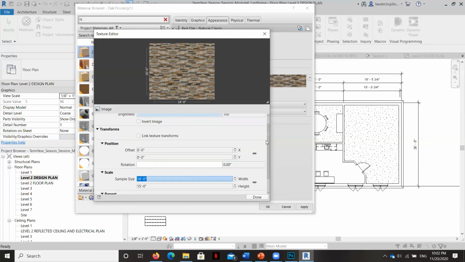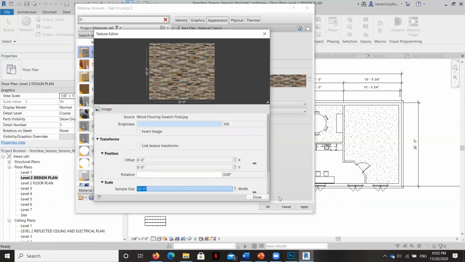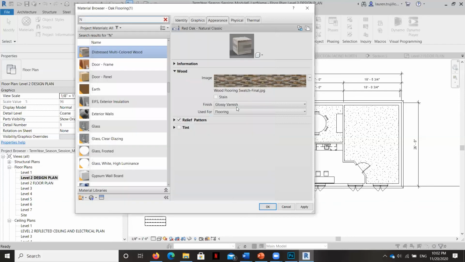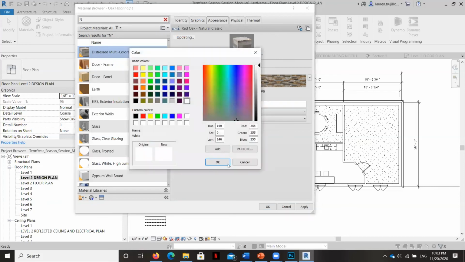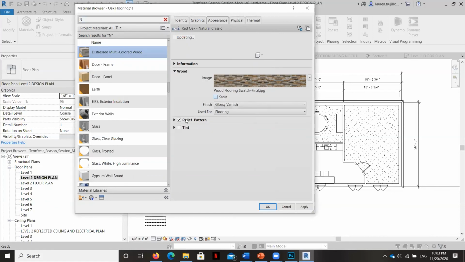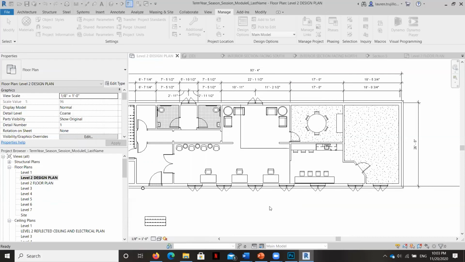What else do we need to check here? Nothing else. That one's done. And then I had checked stain a while ago, and I just realized it was unchecked. So keep in mind, if you want to stain it, you can select all the different stain colors and it'll change the color a little bit, but we don't want to stain. The rest of this finish, glossy, let's go ahead and do satin because it's distressed. You can see this preview cube here is really cool. So let's go ahead and just see what happens now. Let's hit apply. Okay. All right.